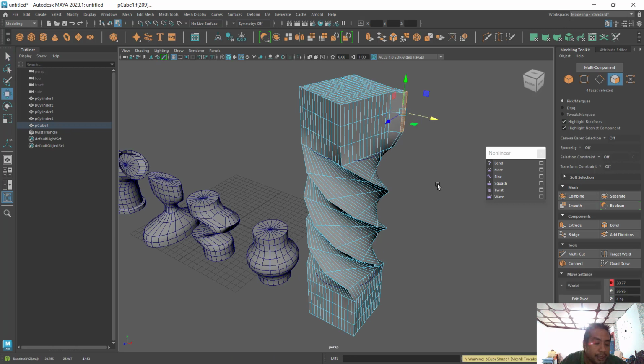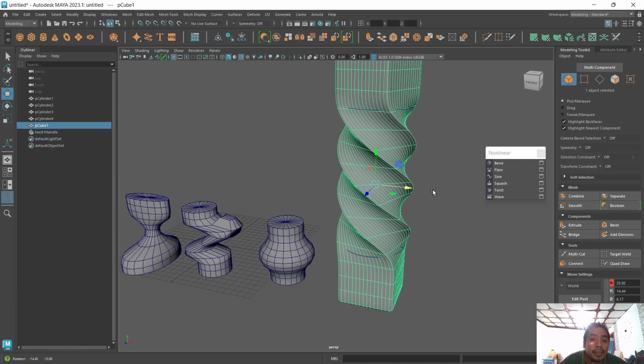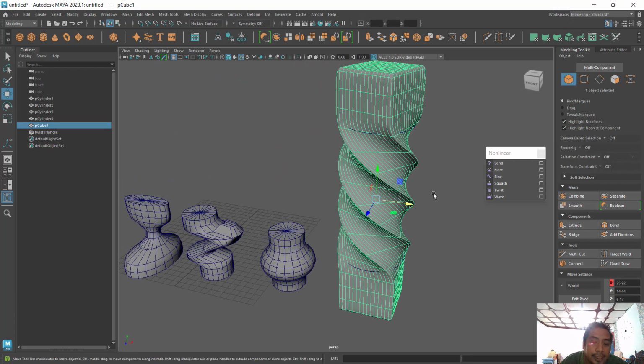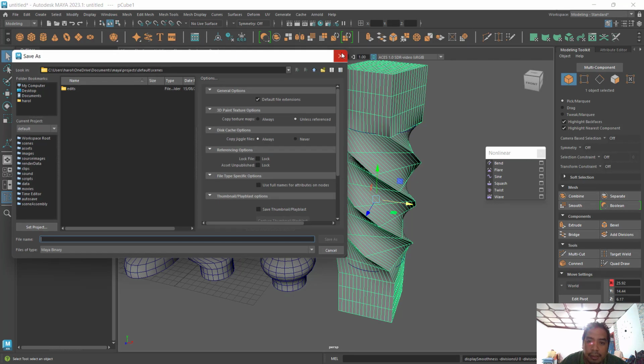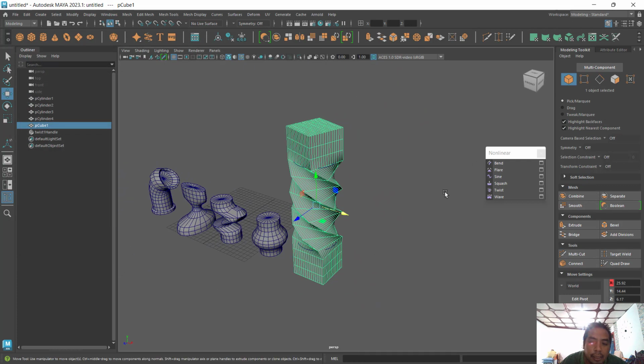So you can still do some more remodeling deformities on it manually. And I can press number 3 to have it in smooth view. That means it can still be smoothened via subdivisions, only this time automated subdivisions. Next, after the twist,